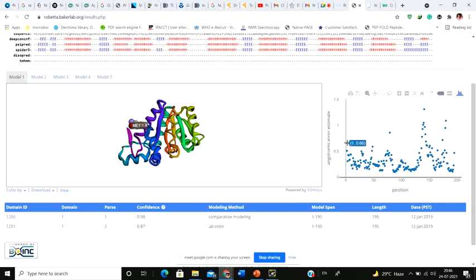It has an error of 0.66. It is really low. Remember, this is the RMSD value or the error estimate. The lower the error, the better your structure. In this particular case, the error is below 1.5 angstrom, and that is very good. If it is below 1.5, it is a very good model, and lower is better.